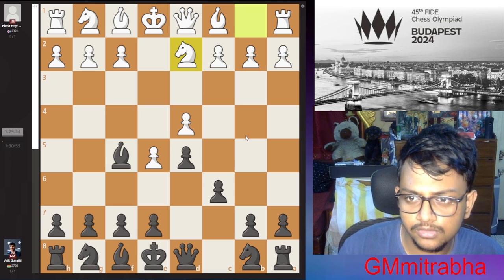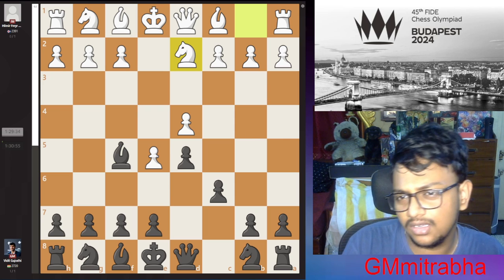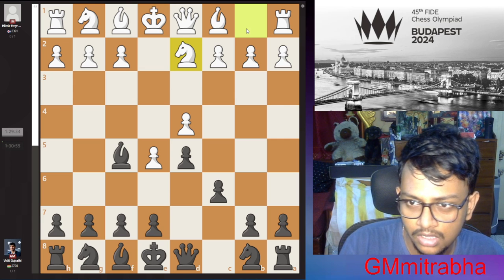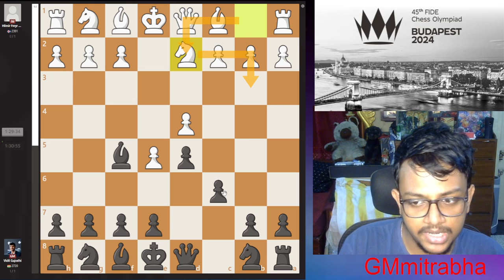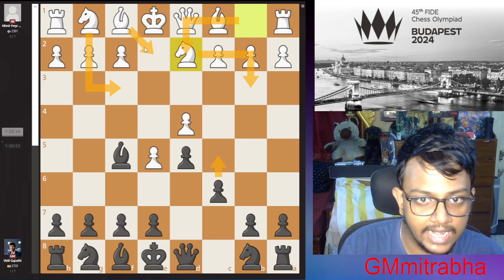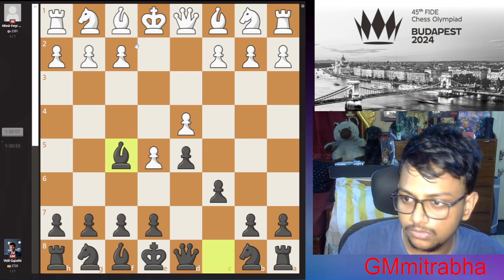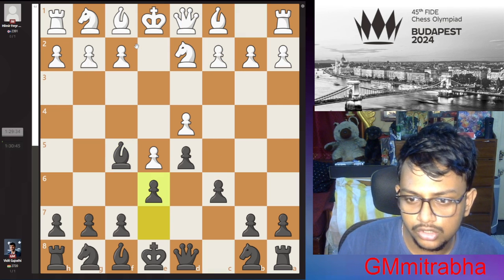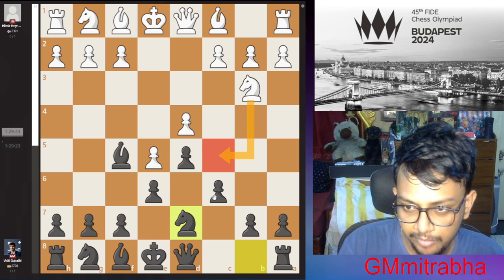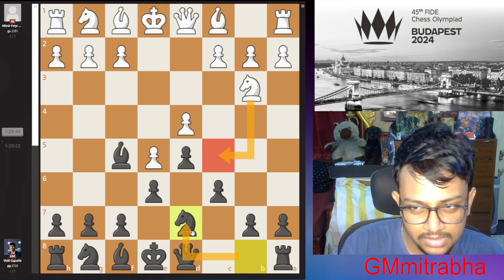Bishop f5, knight d2. This is a kind of a new idea, but still some 8, 9, 10 years old. White goes knight b3 immediately, stopping any kind of c5 break first, and then he will go for the standard developing moves like knight f3 and bishop e2. So black goes e6, knight b3, knight d7. As he has stopped the c5 break, black kind of prepares this after knight d7,